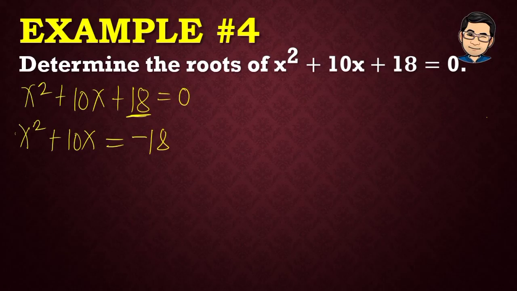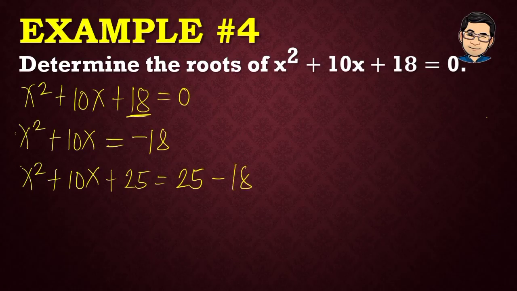And then, let's make x squared plus 10x a perfect square trinomial. So, what do we add to it? 10 divided by 2 is 5. 5 squared, 25. Equals 25. And then, let's express x squared plus 10x plus 25 in the form of square of binomial. So, x squared, its square root is x, follow the sign of the middle term, and then the square root